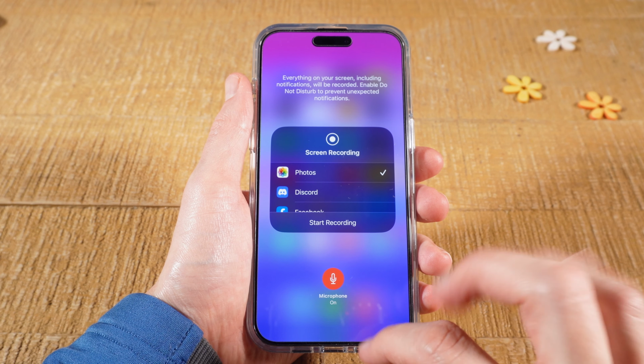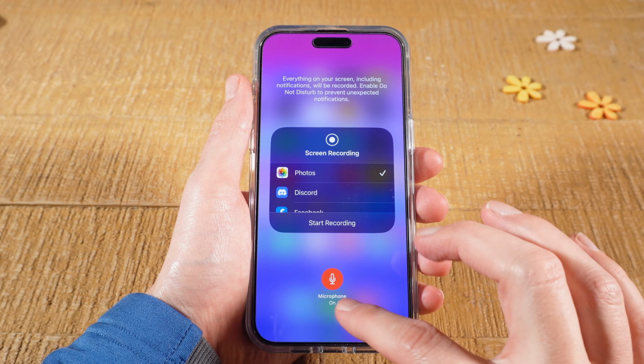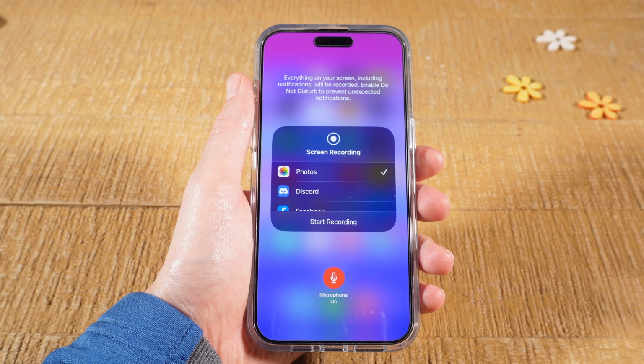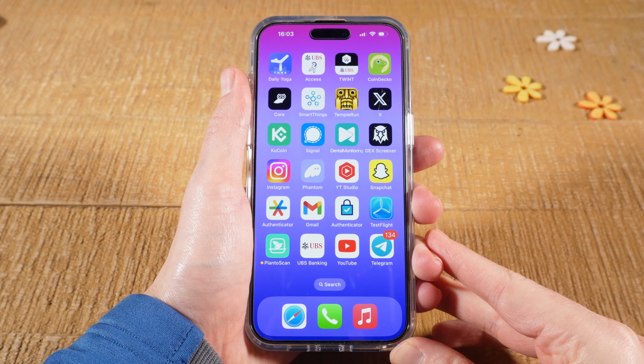Simply tap on it, and it will turn red, and will then be turned on. Now when you tap on Start Recording, your voice will be recorded as well. And this is how you screen record on the